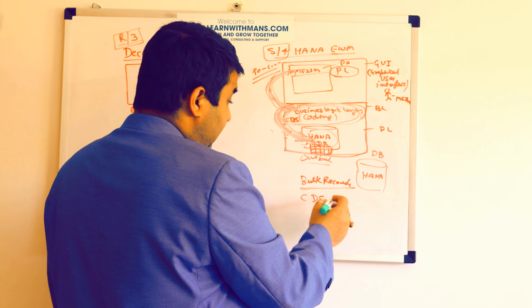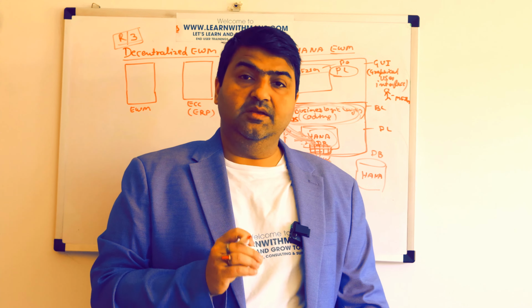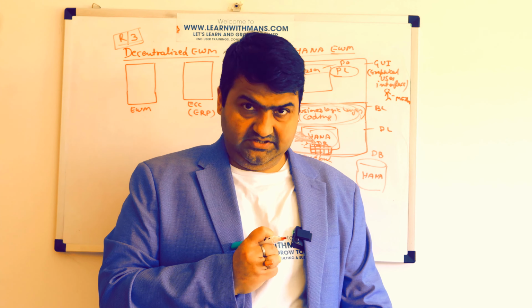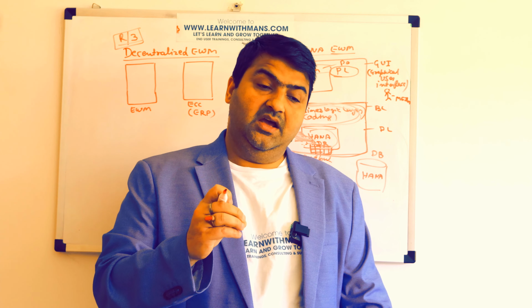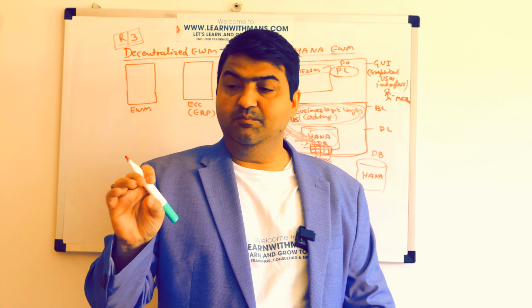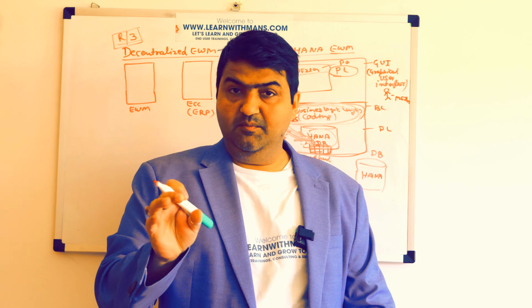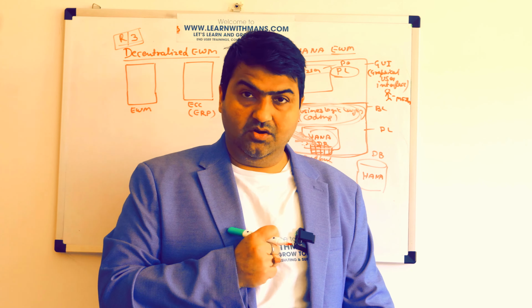Very simple. Suppose out of 10,000 employees, I want to do some sum to get the highest age of the employee, for example, based on the name. In that situation, if we have the bulk records,